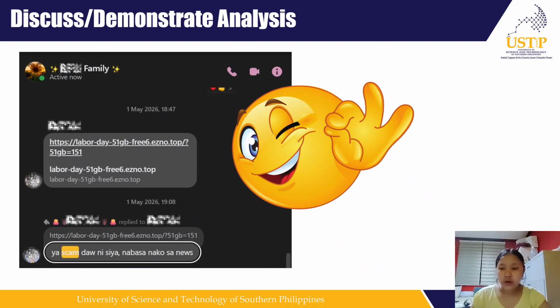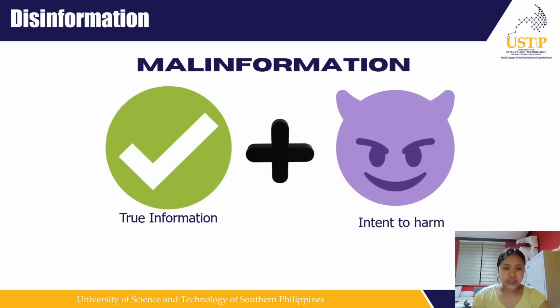So now let's move on to our third type of information disorder, which is malinformation. Malinformation, to put it simply, is true information plus the intent to harm. Although the information is true, the way it was shared makes it unethical and damaging to people or groups or even nations. So, my example for